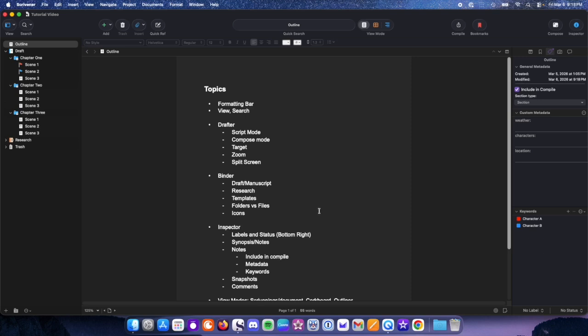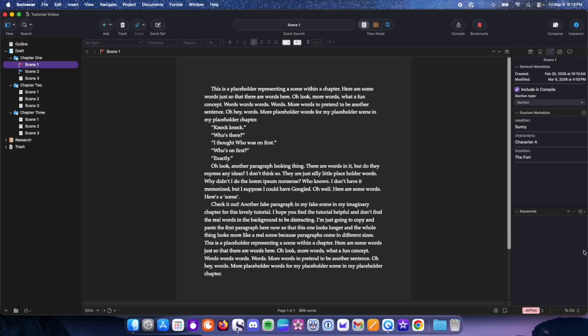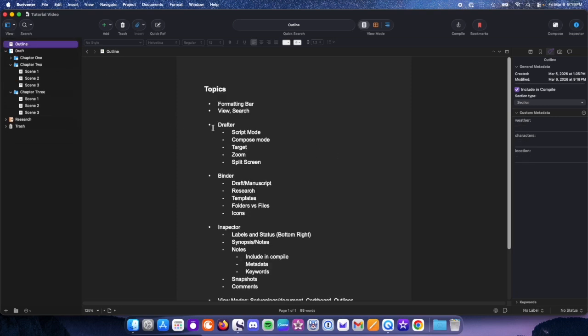Then when I go in on scene 1, I can type character A, and that shows up. And I can go into the second one, hit plus, type in character B, and this will show up other places. I will show you that in a minute. And I did generically add some metadata tags to show off what I'm talking about. If we go to our outline,